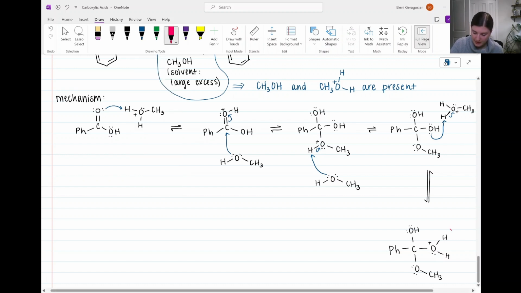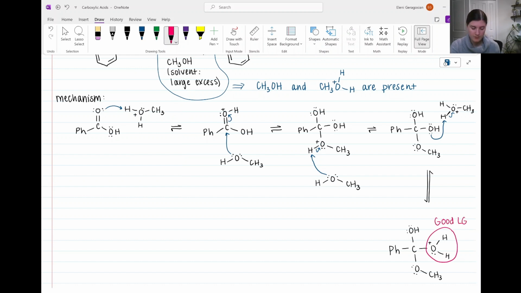We have generated a good leaving group, so the leaving group will do what its name implies. It will leave. This generates,